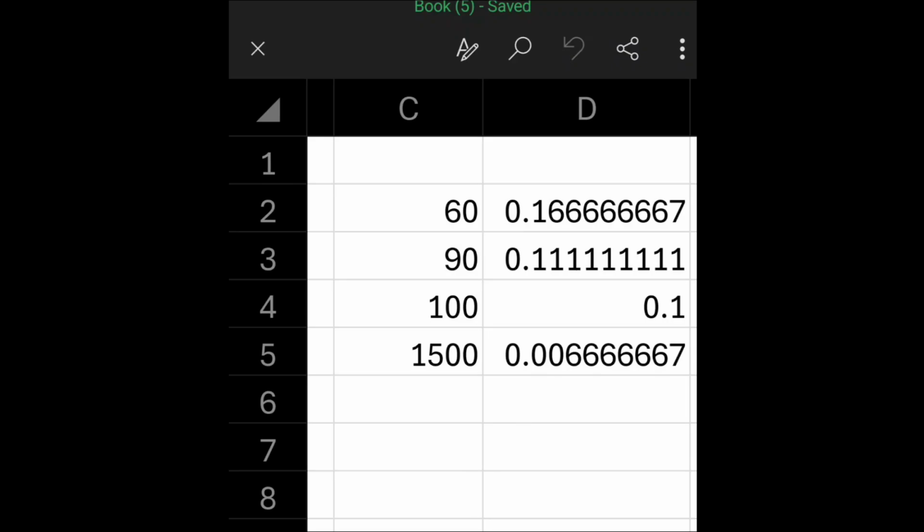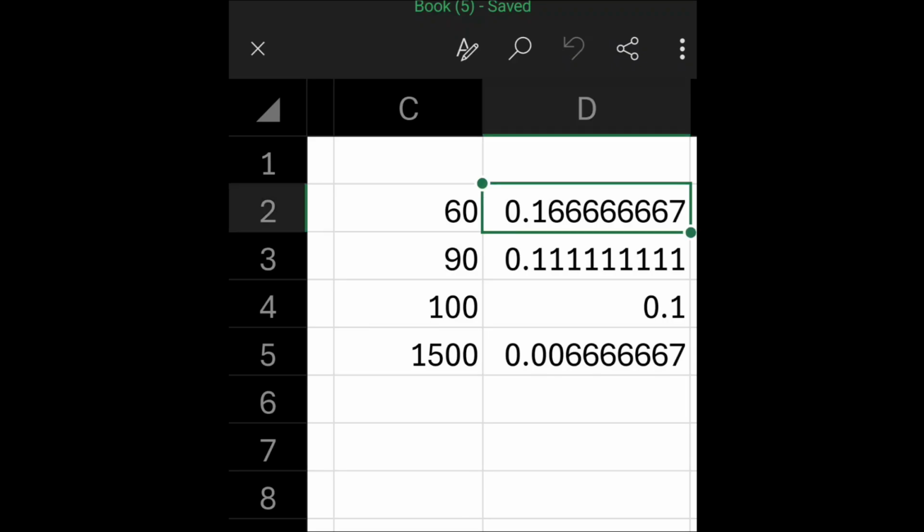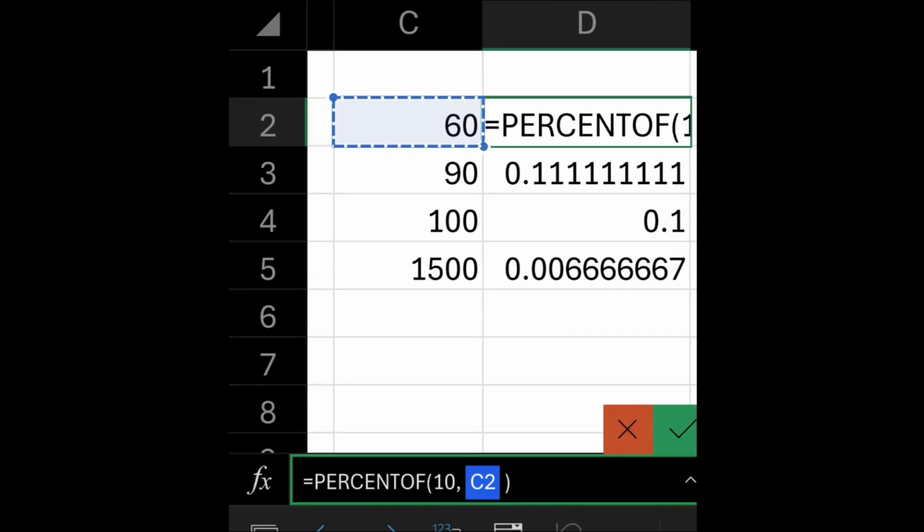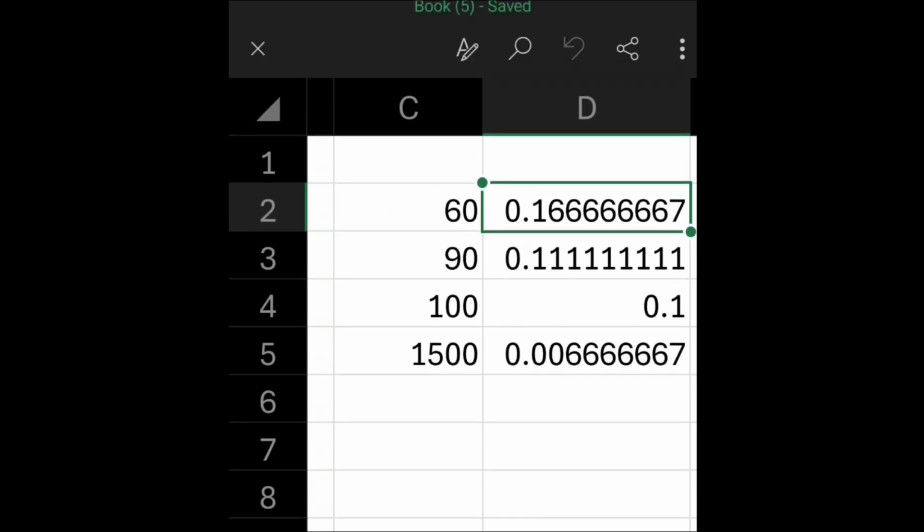All right, let's take a look at this percent of function. So the percent of function, what it's doing here is it's taking the value 10. For example, in the column D, what it's doing is it's going through and pulling that from C2. We can see that C2 is right here, the percent of 10 to C2, and that then brings that in, right? So kind of the goal there is we want to pull that cell, and then we're filling that down